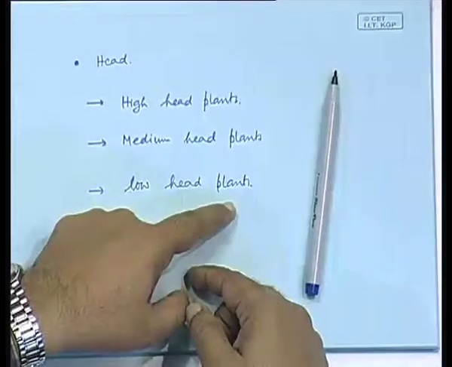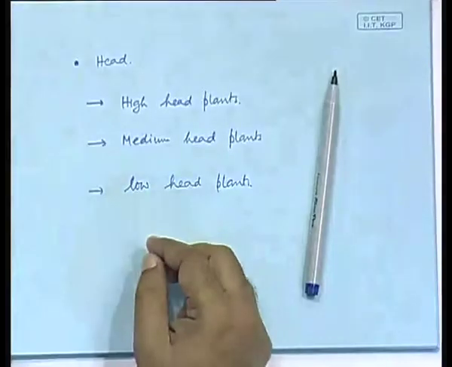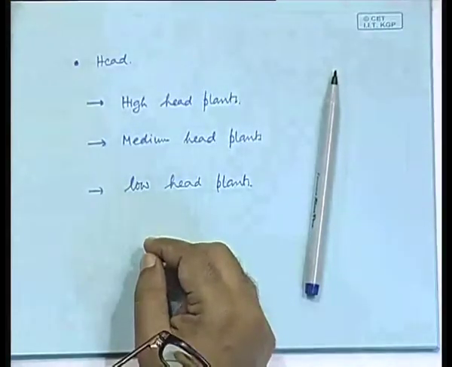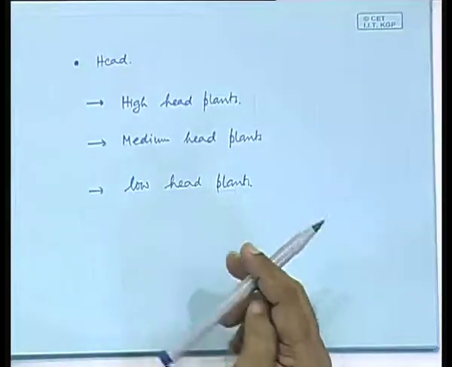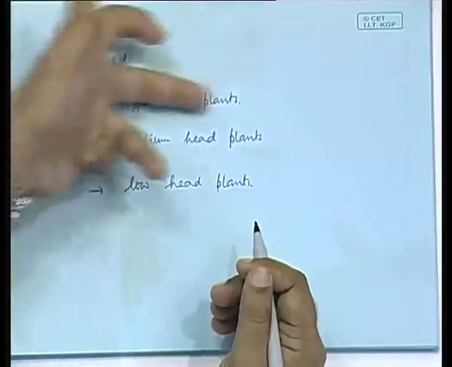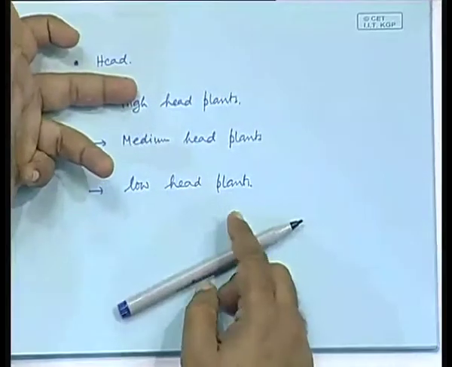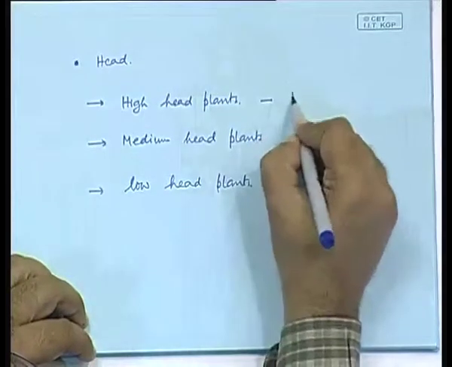In low head plants, you cannot really convert it into kinetic energy, right? If you put it in a nozzle, it will only fall because low head, the pressure is low. So in that case, you have to directly utilize the pressure without converting into kinetic energy. So these three types require different types of turbines. That is why you have this different classification. Mostly these things will have the class of turbines that are called impulse turbines. So here you have impulse turbines,